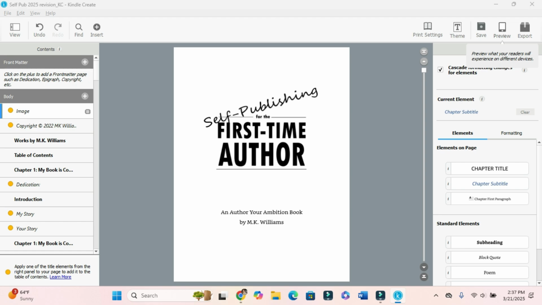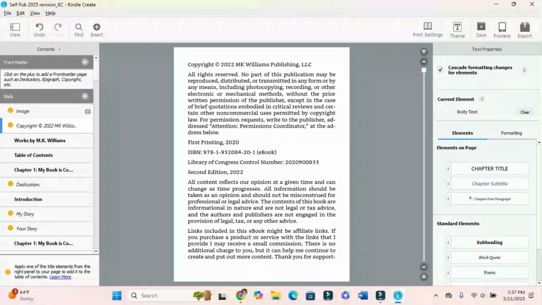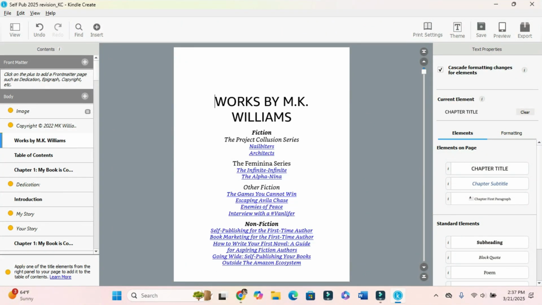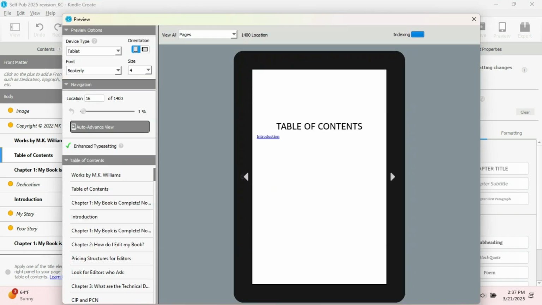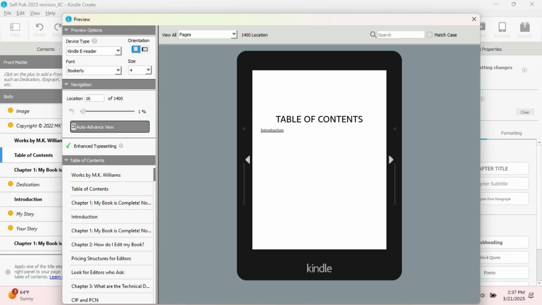All right, then you're going to preview. You should always preview. If you are self-publishing, you are the publisher. So you need to double check and click through every page again, even if you already clicked through everything in the body, to make sure that everything is in there correctly. Now, what's interesting here, that I noticed over here, it says front matter and body. So I wonder, can I click this up into the front matter? No, it is not going to let me do that. Okay, so I'm gonna click preview. Now the nice thing is you can look at it as if it's a tablet, a phone, or a Kindle e-reader. I suggest kind of looking at all of those.